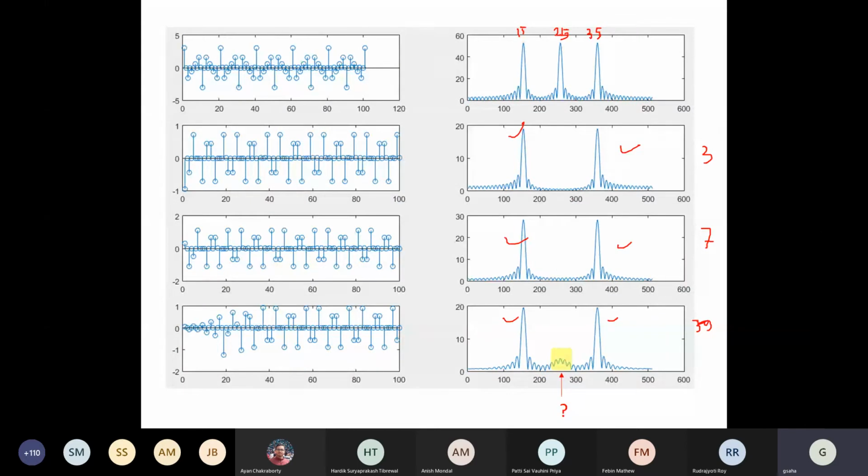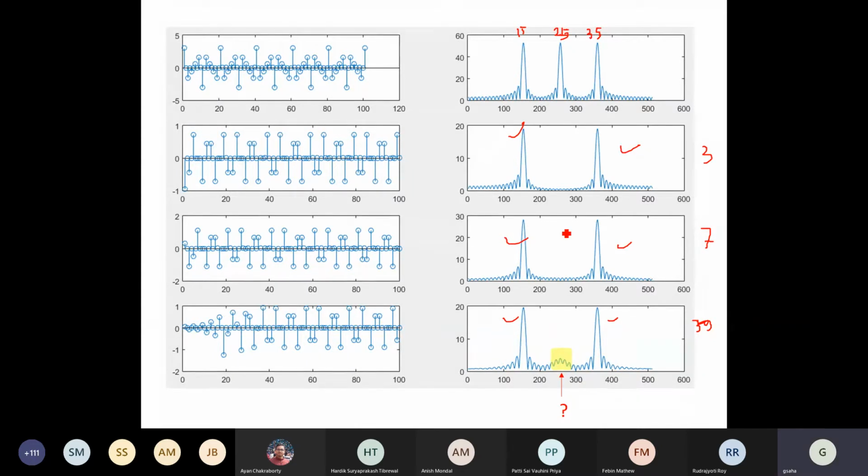Anybody else wants to comment on this? It is some kind of investigation you are doing. You are in a company providing DSP solutions, and some of your subordinates, fresh graduates from maybe not an IIT but some other place, depending on their level of exposure, have come up with a solution. But you see that attenuation and other things are not working. Then how will you investigate? Yeah, somebody wanted to speak. Yes, please.